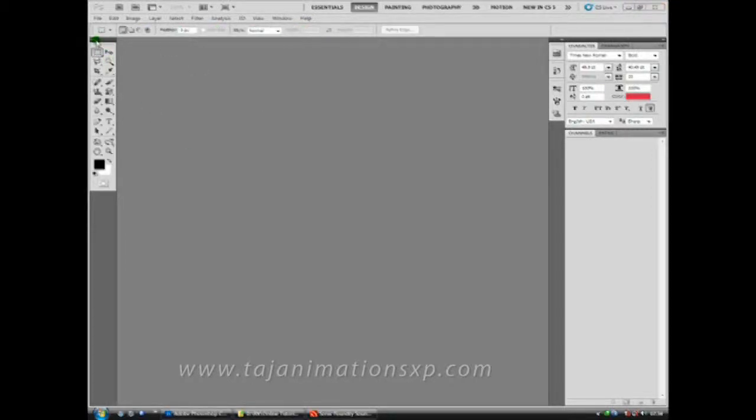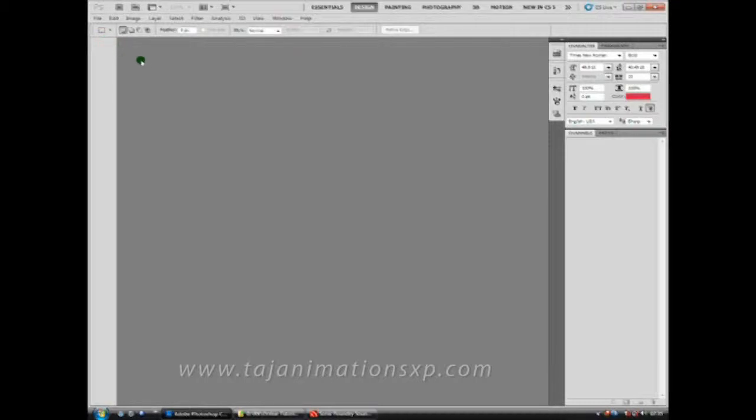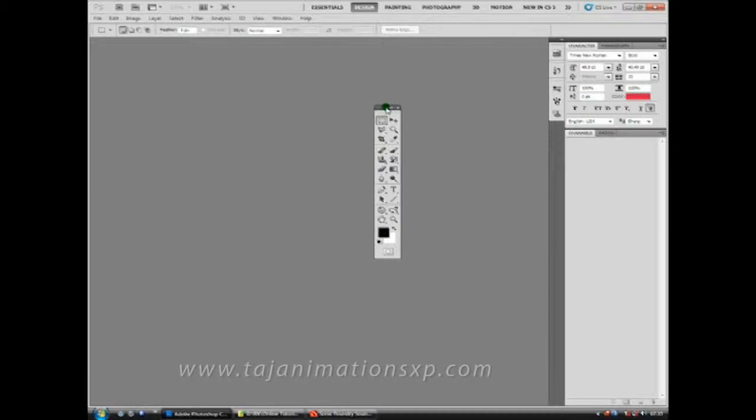Okay, coming to the point of the toolbar. By default, the toolbar will be docked into the left side of the application window, but we can change it. To change the toolbar's location, click and hold the left mouse button on the top of the toolbar and drag it to the required place and release the mouse button.